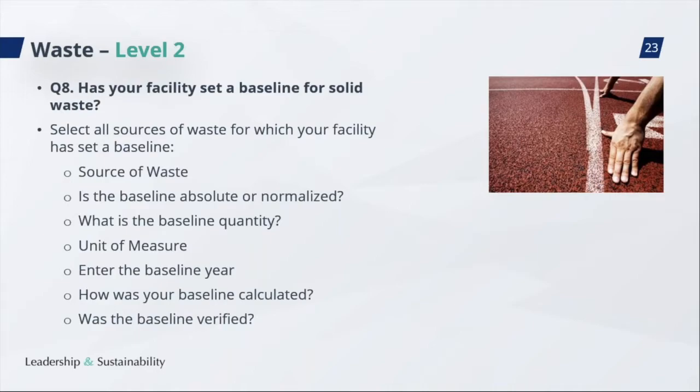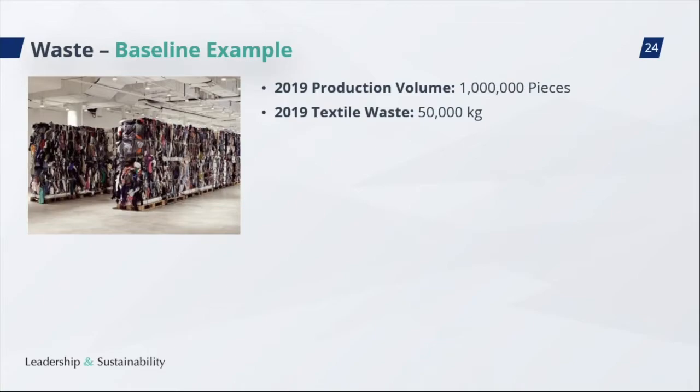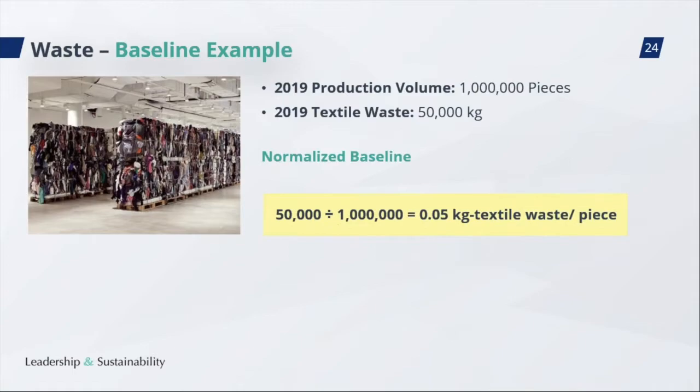And now let's have a look at the normalization calculation. So we have included one example here. Let's say that in 2019 you produced 1 million pieces of garments, and that for the textile waste category, you had 50,000 kilo that you generated in 2019. In this case, if you want to calculate the normalized baseline, you will take 50,000 kilograms of textile waste and divide it by the 1 million pieces that you produced. And this will give you the result of 0.05 kilogram textile waste per piece, or 50 gram textile waste per